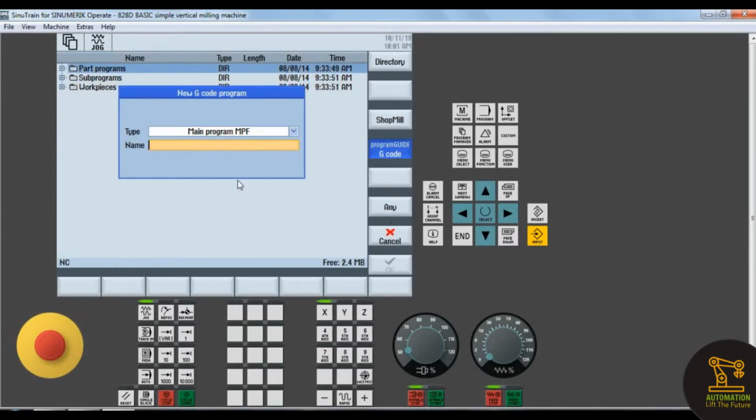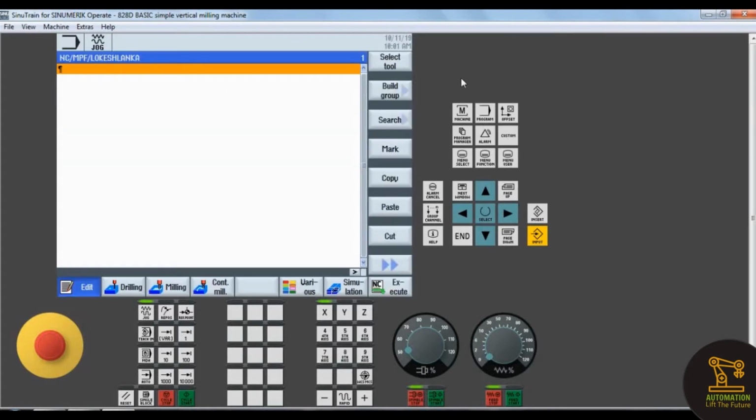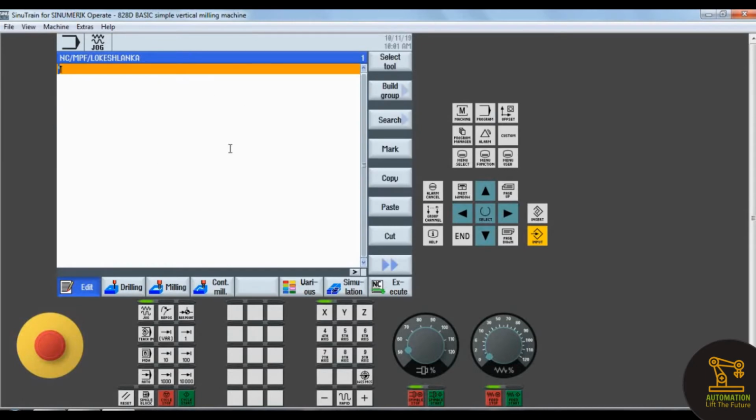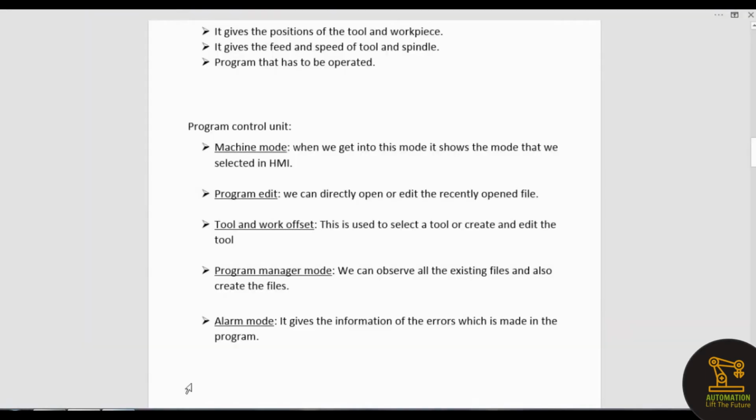It is a main program file. Give Lokesh Lanka. Okay. And the new file is created. Get back to machine, and then we can directly move to file by program edit mode.